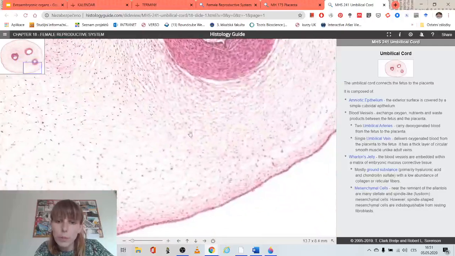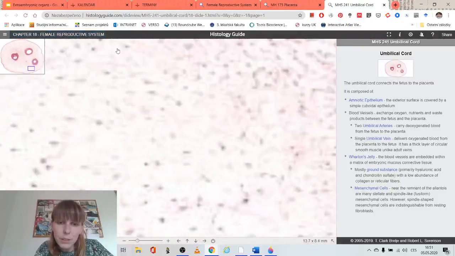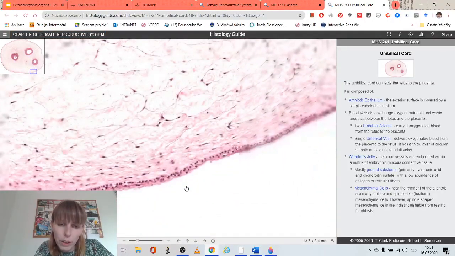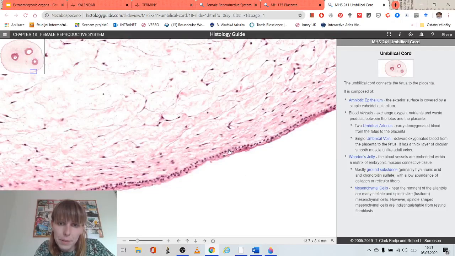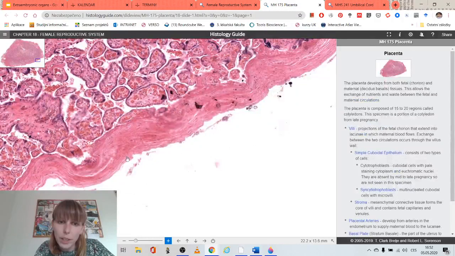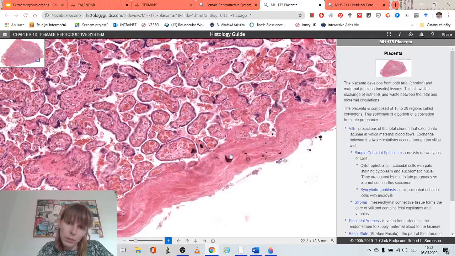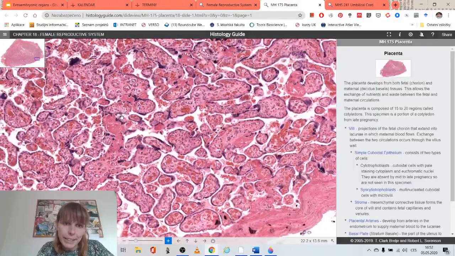So amnioblasts forming cuboidal epithelium like this. So something like this should be ideally located on this side of the chorionic plate, and this would be facing the amniotic cavity. So chorionic plate, and now let's zoom into the part with all the villi, and let's try